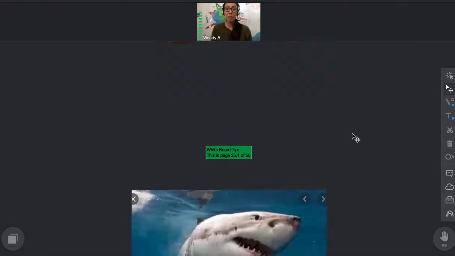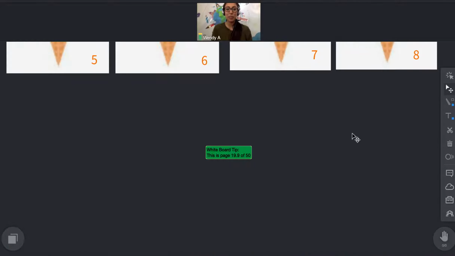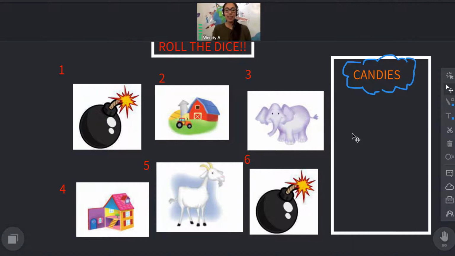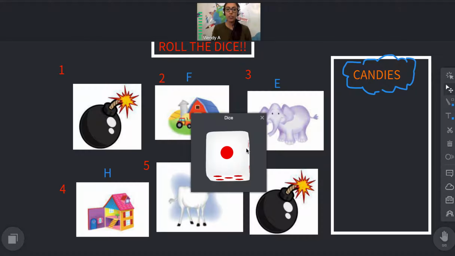Here's another example that I like to use. I like to play the bomb game with the student. So say that they are learning a vocabulary word for F, so farm, E, H, and G. So this is for a lower level student. So I roll the dice,